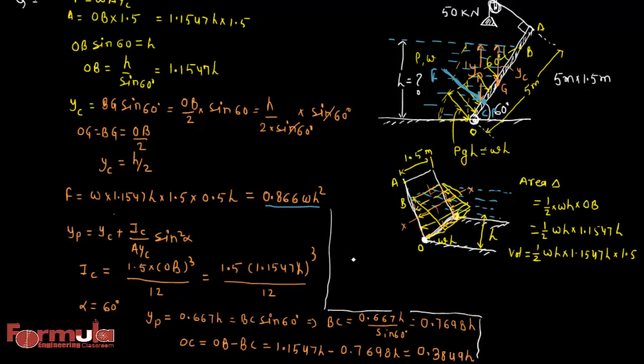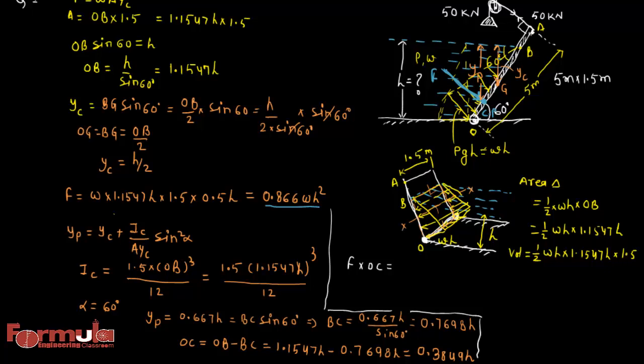So here we can say that there is F into OC. This F into OC will create a moment about this hinge, that is a clockwise moment. This clockwise moment is countered by the moment generated by this weight, that is 15 kilonewton. We know in this string there is a tension, so the tension will look like this in this string, and the value of this tension force is also 50 kilonewton. And that is acting in this direction.